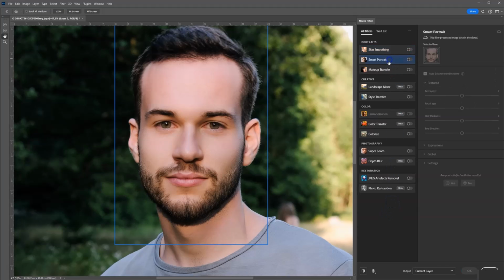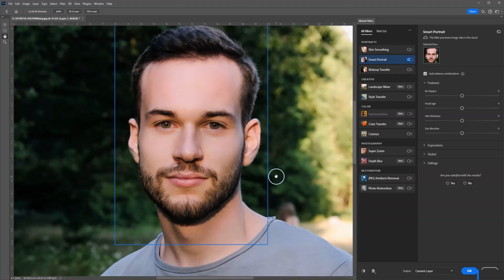I turn that off now, and I go to Smart Portrait. Smart Portrait does something which does not work really well, I would say. So most of the times I used it, I had weird results. It's not in beta version anymore, which I do not really understand, to be honest. But it automatically detects your face, and if you have multiple faces, you can select the face manually then by clicking on the